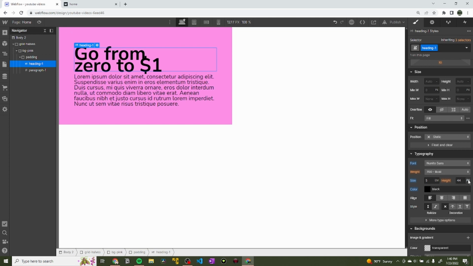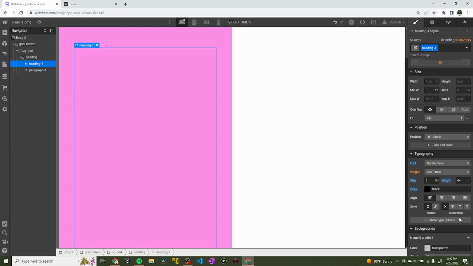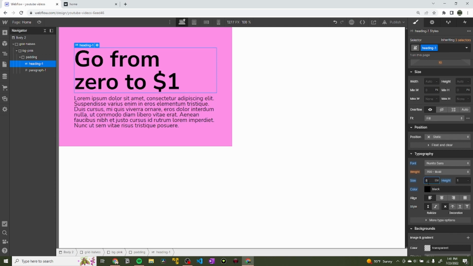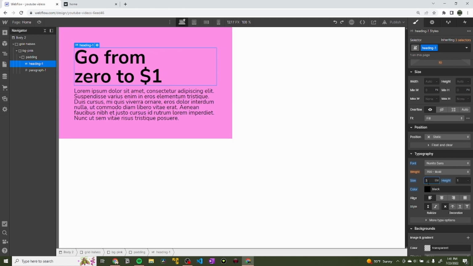But for the line height property as well, we don't want to use a pixel value. And we don't want to really use EMs either. So we're going to go down here, and we're going to pick this dash, okay? This dash signifies unitless. So what this does is if I make the height 1, for example, it's just going to multiply that by the 5 em, giving it a height of 5 em. Now what this does is that regardless of, maybe I make the font size 6 em, that line height, I don't have to change to match the heading size anymore. It does it automatically, and that again saves a lot of time, but I'm going to leave it at 5